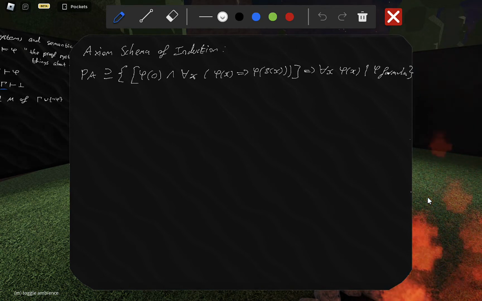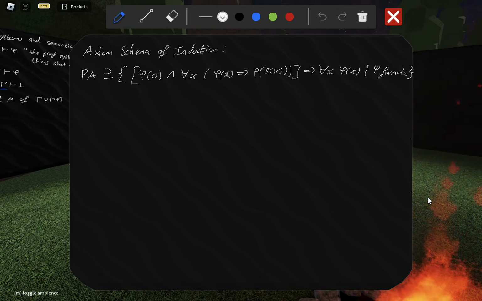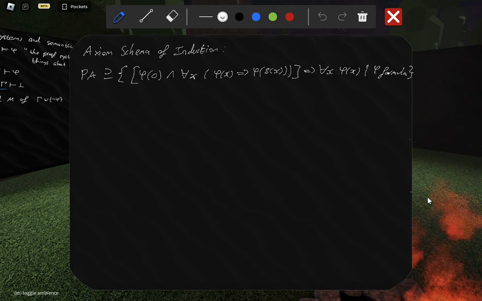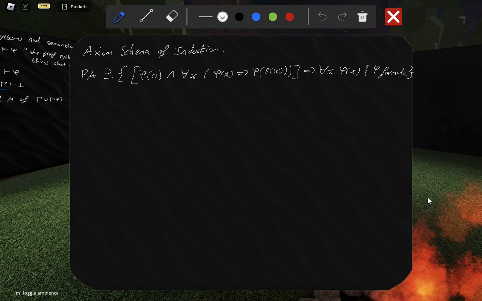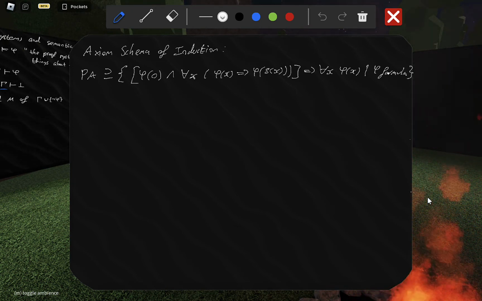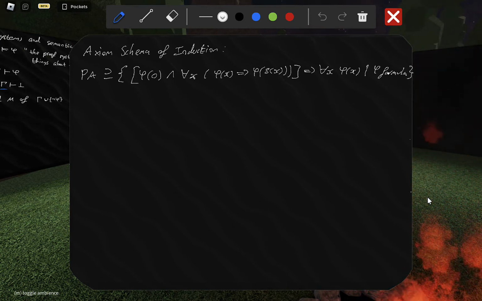Okay, yeah. I mean this as the set of axioms of PA. Yeah, so you're throwing infinitely many axioms into your set of axioms, but it's all still computable because you can compute whether or not an axiom is an instance of this schema, or if it's any of the other axioms.